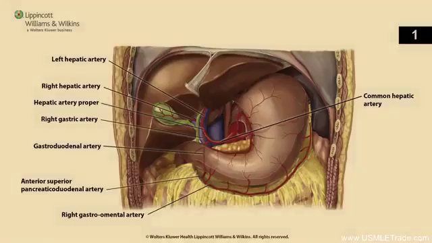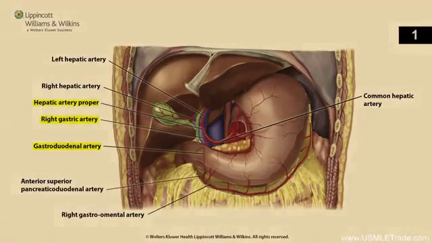What are the arterial branches off of the common hepatic artery? Well, there's the gastroduodenal artery, which gives rise to the right gastroomental artery, also called the right gastroepiploic artery. And then the other branch of the gastroduodenal artery is the anterior superior pancreaticoduodenal artery. The second branch off the common hepatic is the right gastric artery. And the third branch is the hepatic artery proper, which gives rise to the left hepatic artery and the right